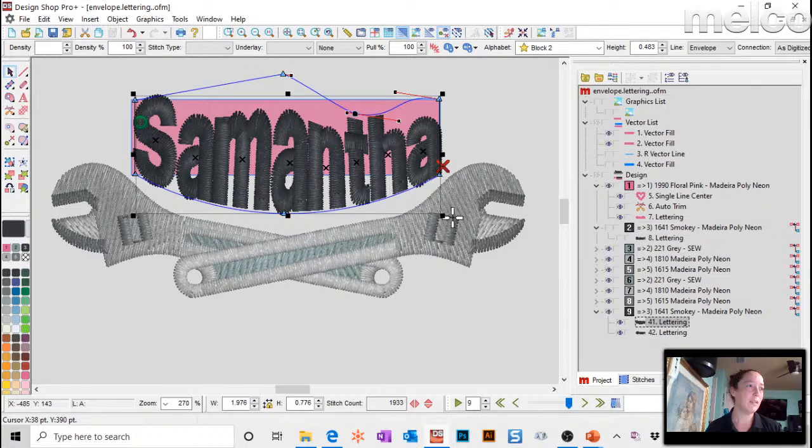Another question we had is, why is a hoop selected in DesignShop not transferred over to OS? It's really a safety thing, and it's just how it was designed. When you're over in OS, your digitizer may not be the same person running the equipment. So it's always safer for the operator to make sure that they're selecting the actual hoop that they're putting on the machine,